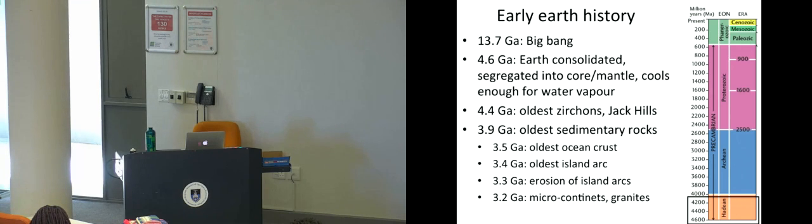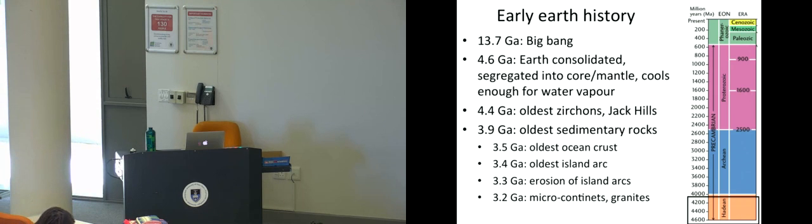So that means that we have a basin, and we've got a land somewhere which has been eroded, and this material has been washed into the basin and forming sedimentary rocks. And this record is in Greenland, and it's very poorly exposed and very poorly preserved. But then we move on to a very important series of rocks, where we have the oldest oceanic crust,